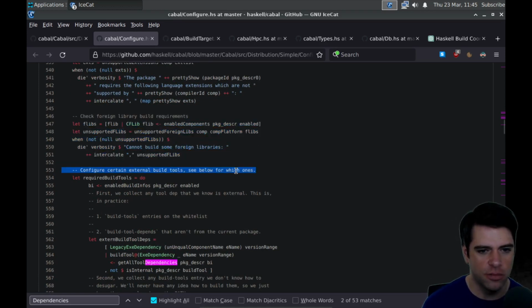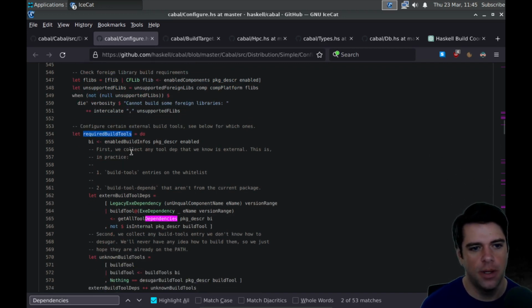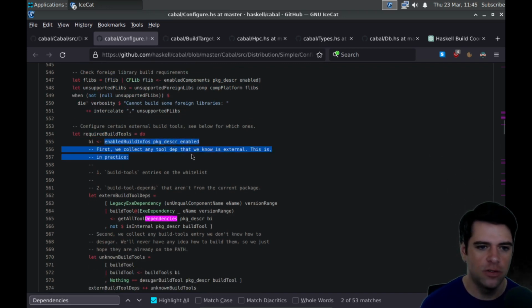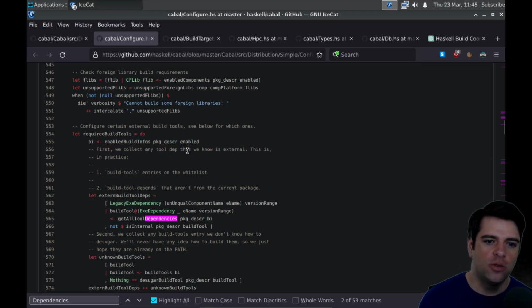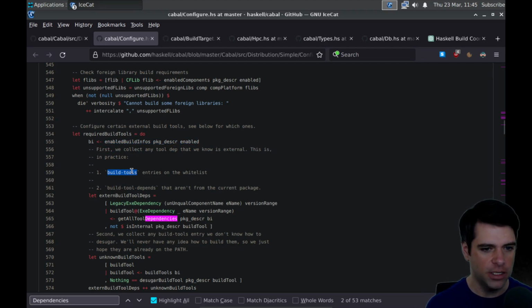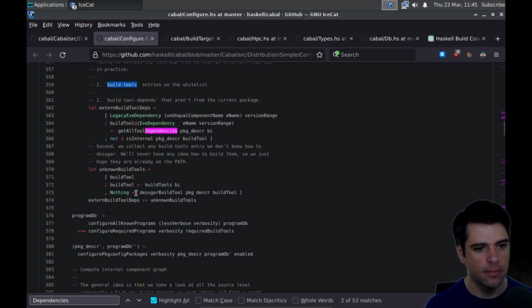Configure certain external build tools. Let's see what some of the external build tools are. Enabled build infos. First, we collect any tool dep that we know is external. This is in practice the build-tools entries on the whitelist and the build-tool depends that aren't from the current package. Okay.